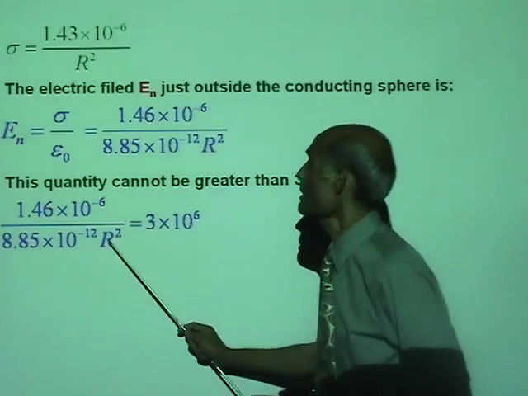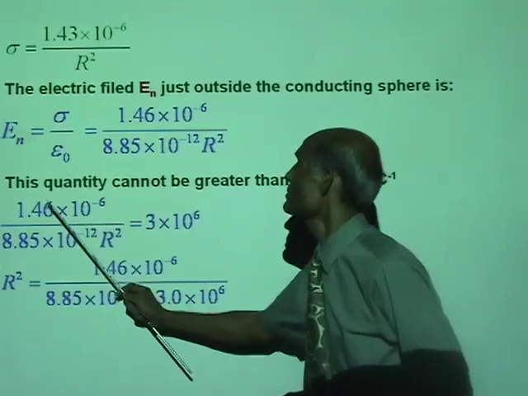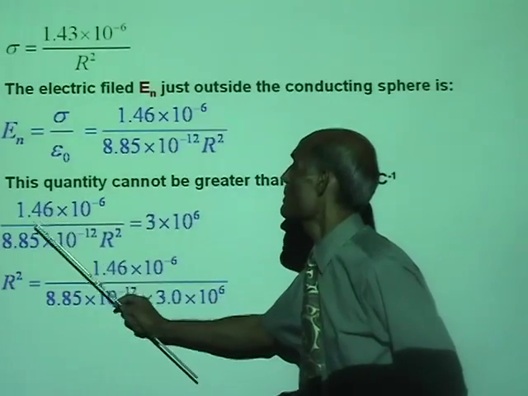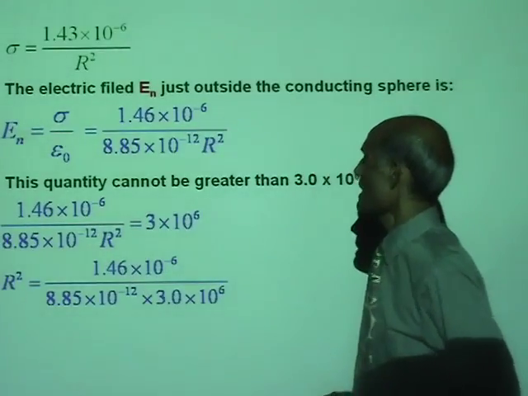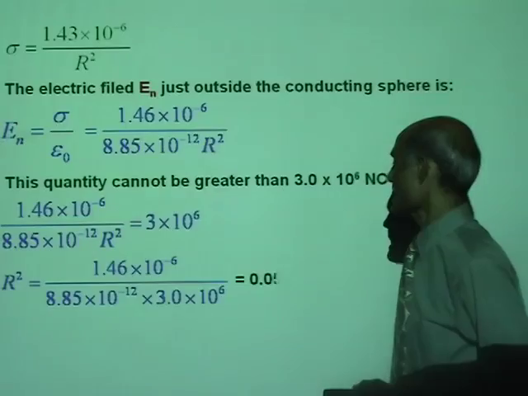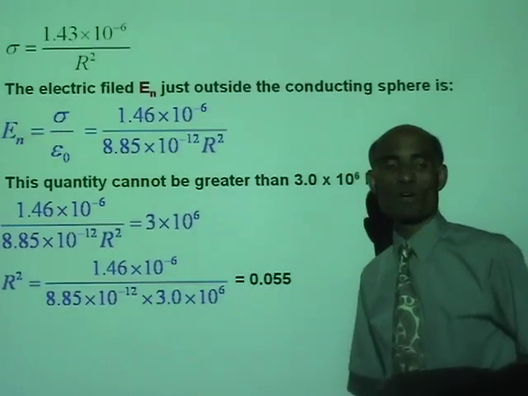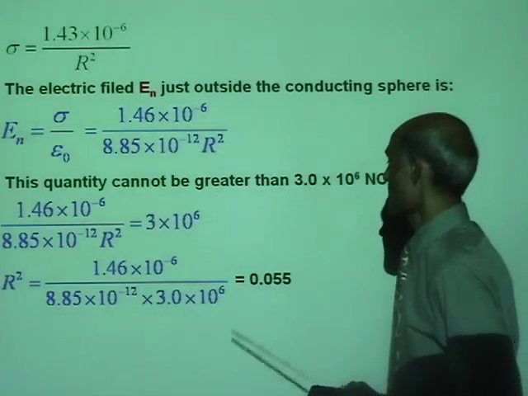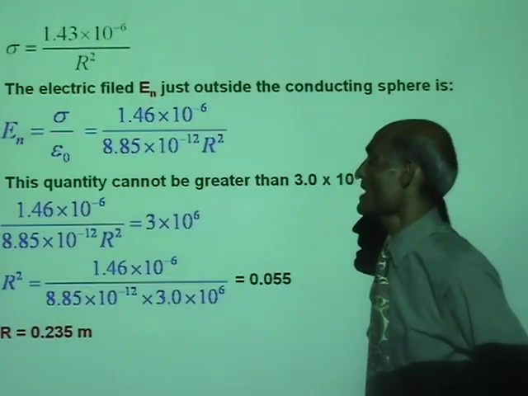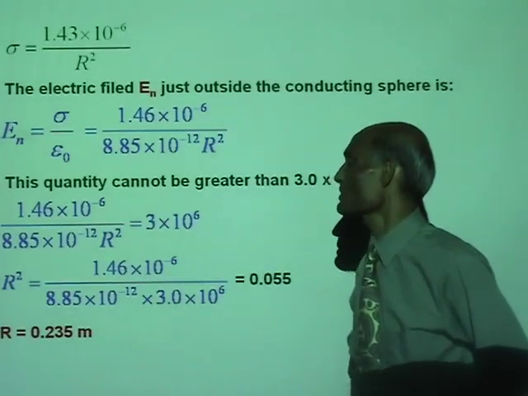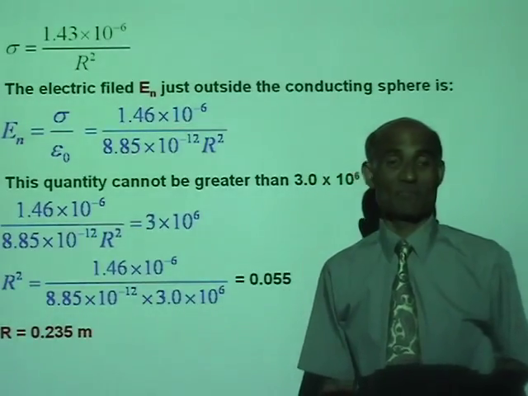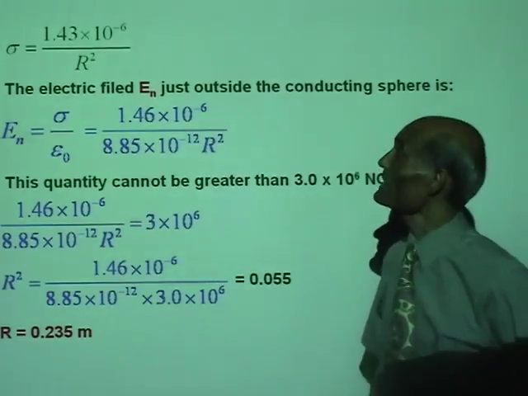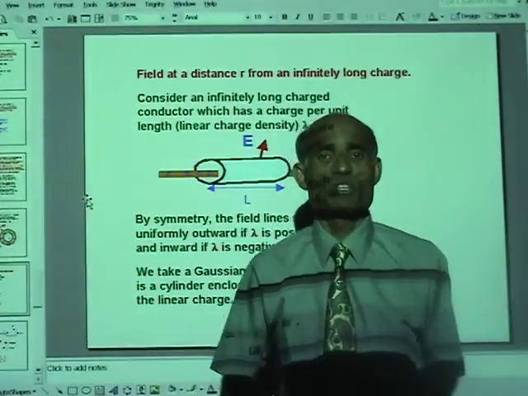So we replace that En by 3 times 10 to the 6 and then solve for R. Can you solve for R? R squared equals this quantity divided by 8.85 times 10 to the negative 12 times 3 times 10 to the 6. Put that in your calculator, and that gives you 0.055. If that is R squared, R equals 0.235 meter, which is 23.5 centimeter. That has been a good problem. Well, but that is the conclusion of